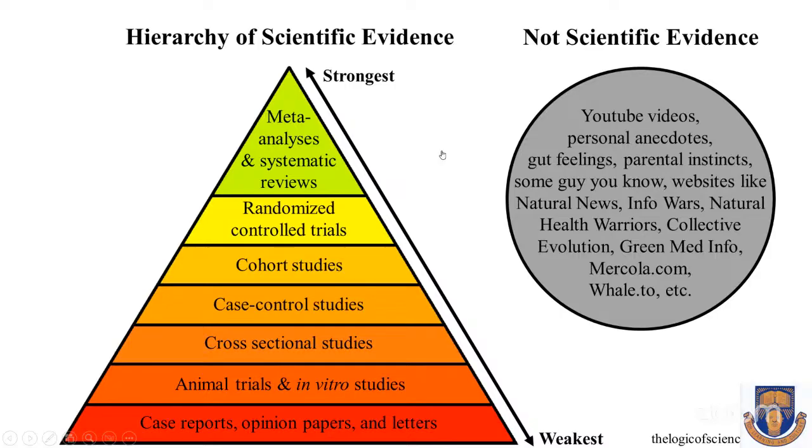Actually, when randomized control trials are large, and we do find in the HIV world, large randomized control trials that recruit 3,000, 5,000, 2,000, they have stronger evidence than meta-analysis. But many times, because of funding, you find that randomized control trials will be done in small groups, 35, 75, 100. You don't have that large group. And so the meta-analysis and systematic reviews were brought together to be able to pull those small studies together.